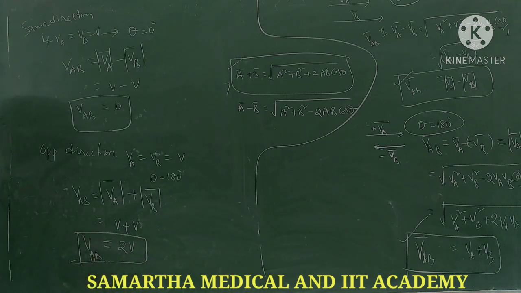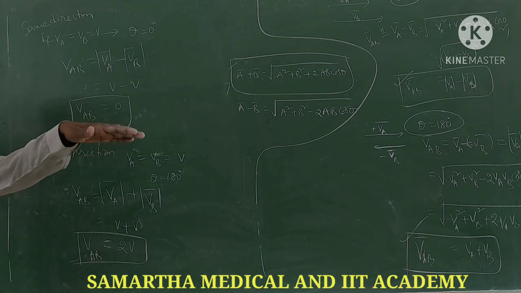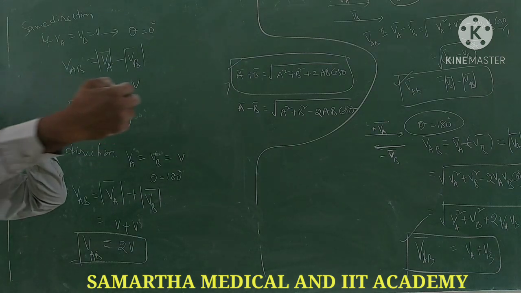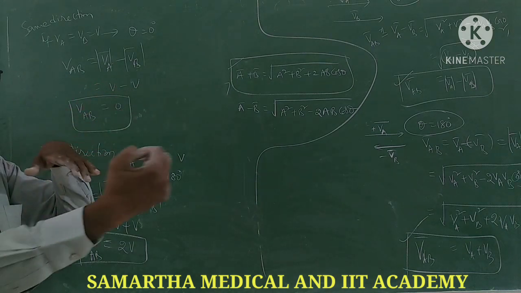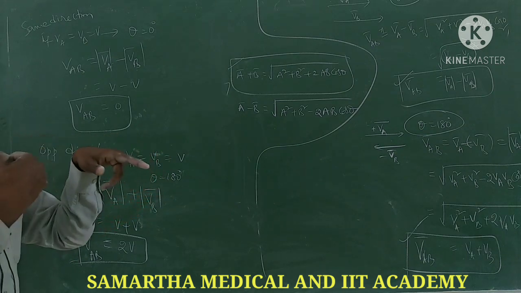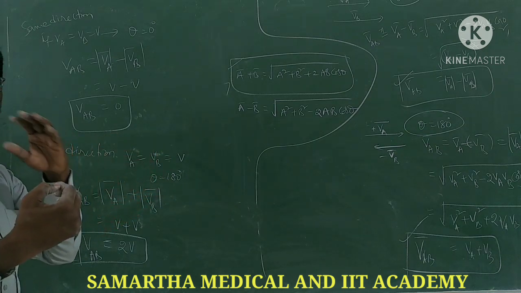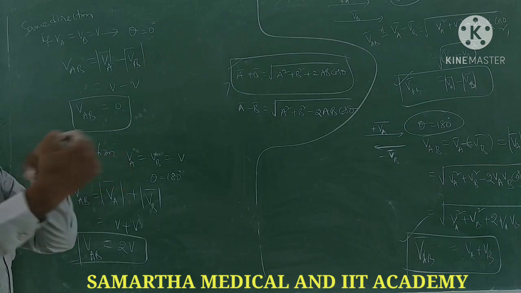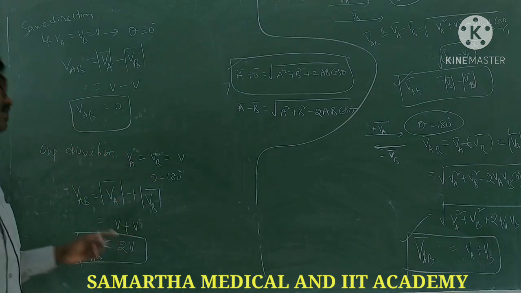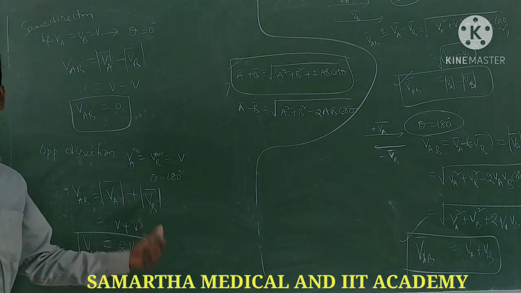Suppose you are going with 20 km per hour in one direction. Another bus is also coming in the opposite direction with the same 20 km per hour. While it is crossing the point where you are noticing, if both of them are crossing, you can notice it crossing with double the velocity.